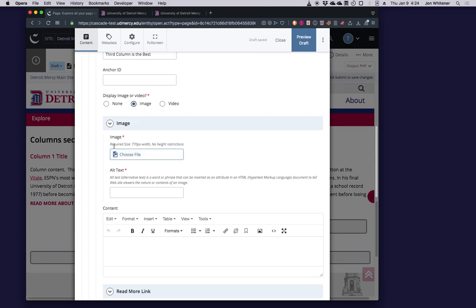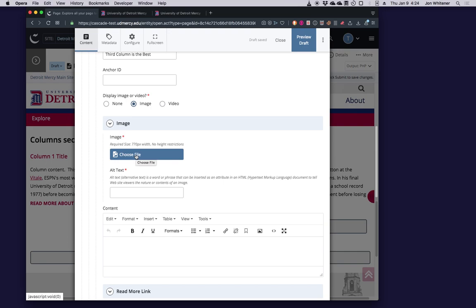And again, it tells you the required size. It's important to note that the size for a column image, the optimum size is different from a full width image. Here it's 770 pixels wide. Again, the height is variable.